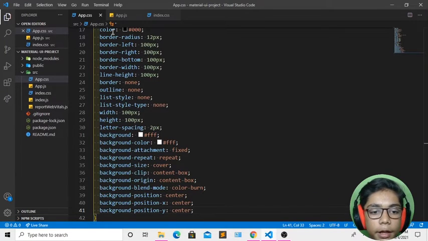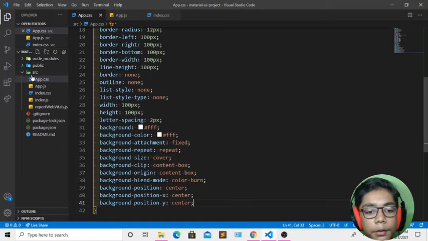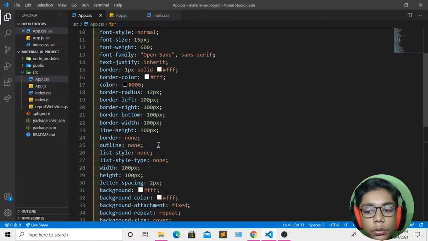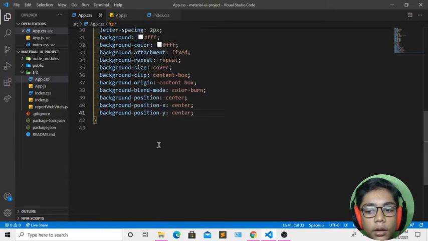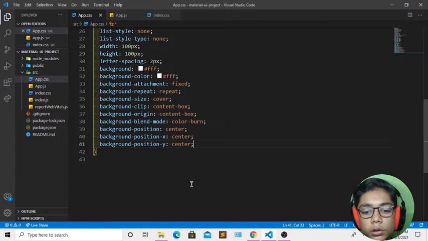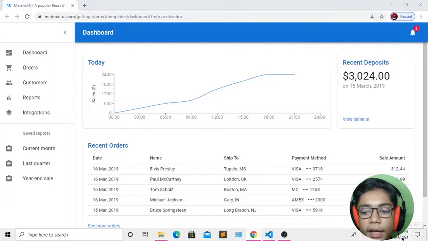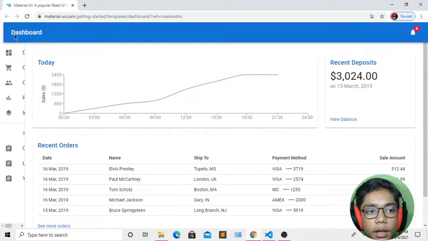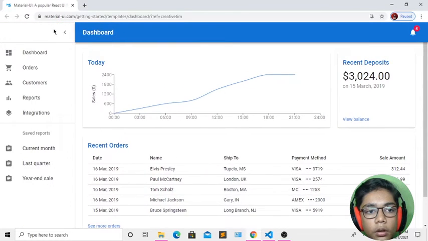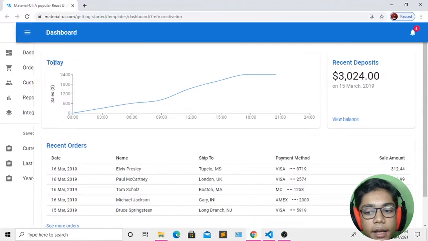Now you can see we have done many of the things which we need. When you have defined all that, you just have to hit save, and if I show you in Google Chrome, it will look really awesome and really cool. So just go to Google Chrome here, and you can see our Material UI project is ready. First of all, you can see we are getting our sidebar in the corner, and you can close or open it by pressing this.